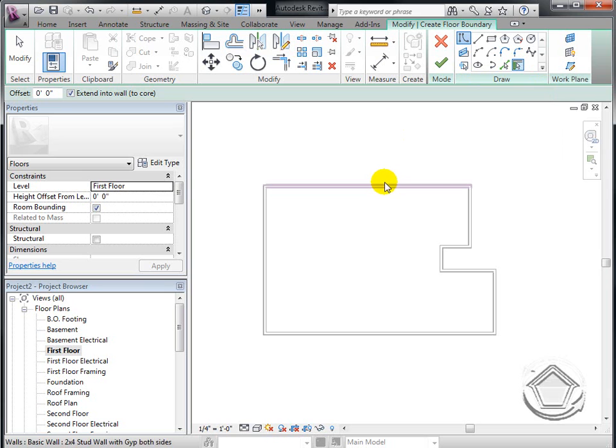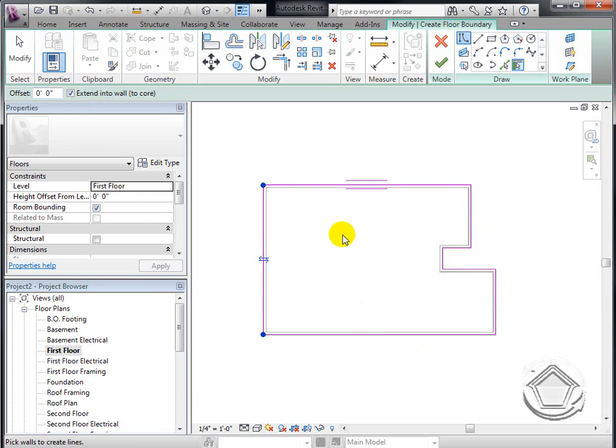That means when I pick a wall, it's going to follow that wall and place a floor line there. I also have basic lines and arcs and circles for other shapes to help me draw where my floor is going to go. I'm going to go with the default pick wall option. Notice there's an offset too. If you wanted to offset the floor or slab that you're drawing a certain distance, you can use that as well. But now if I just go around the outside of my house,